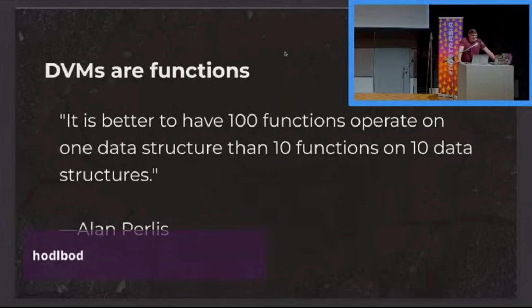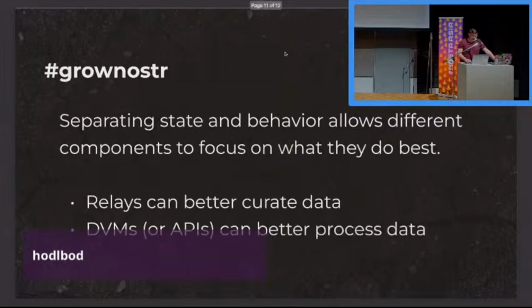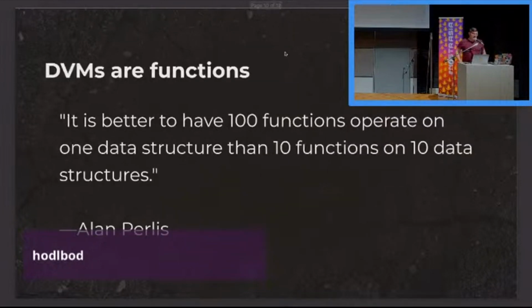So if we have state, or if we have values abstracted out from state, we also need behavior. And DVMs are a cool way to reintroduce behavior. Alan Perlis famously said it's better to have 100 functions operate on one data structure than 10 functions on 10 data structures. So applying this to relays, going back to the count and search examples, count and search are methods on relays. They are functions that are attached to